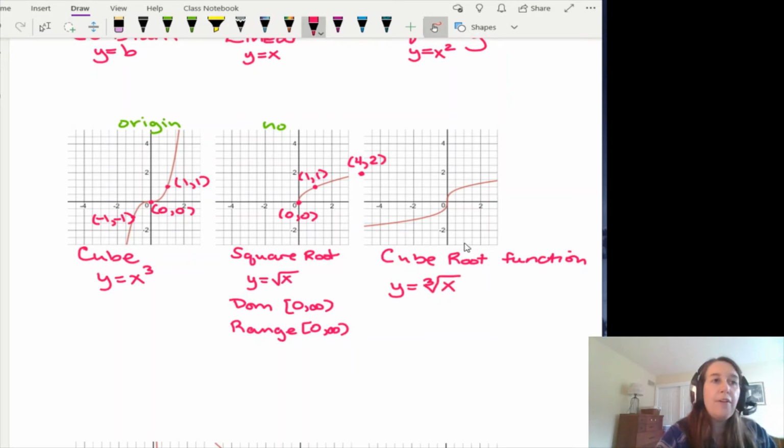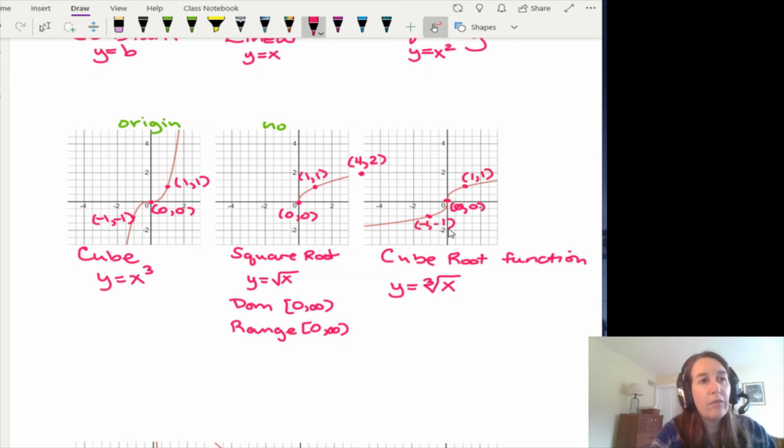Notice that with the cube root, you actually can take the cube root of a negative number and get a real negative number. That is okay. So we don't have a domain restriction. So our points are 0, 0, 1, 1, and